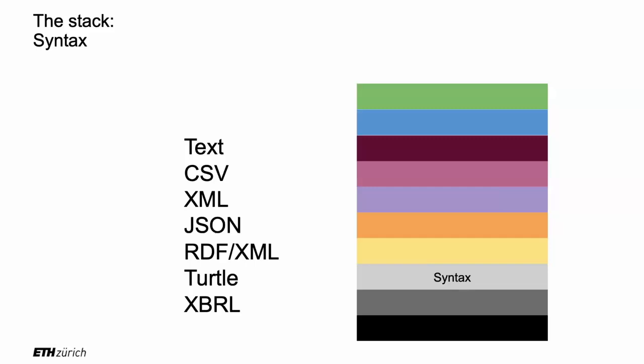Syntax, that's when we store data as text. For example, who has heard of XML or JSON? YAML, yeah, many of you. So we'll study that in a couple of weeks. CSV, maybe you also know, is tables stored as text. If you go to, I don't know, the Federal Office of Statistics or all these places to download data sets, you will see download as CSV, download as XML, download as JSON. So these are the formats in which you're getting your data from the internet when you download it.